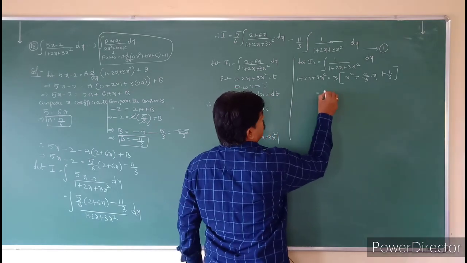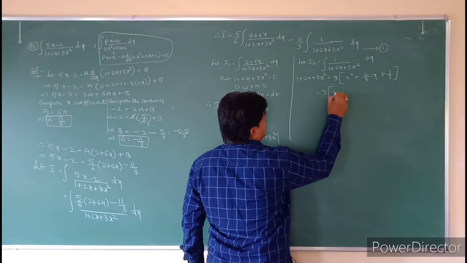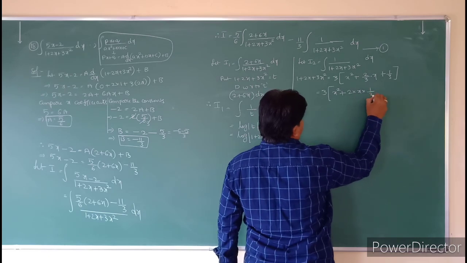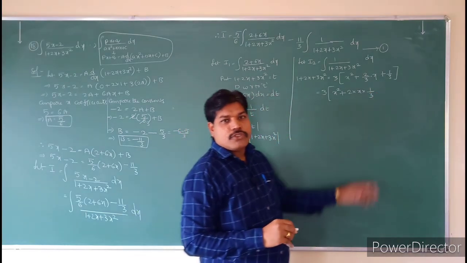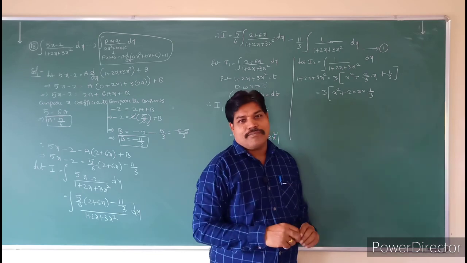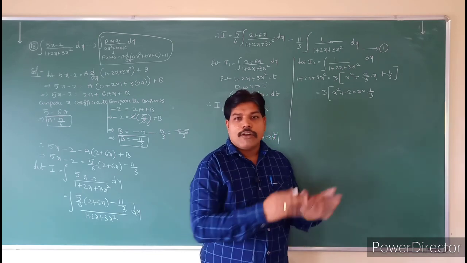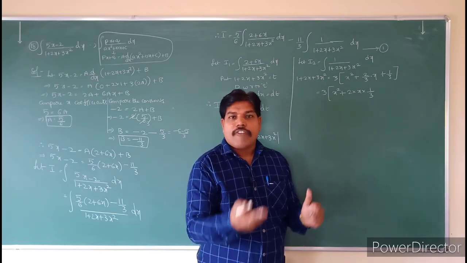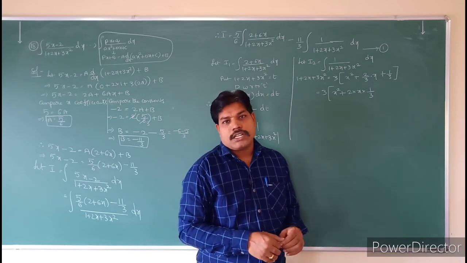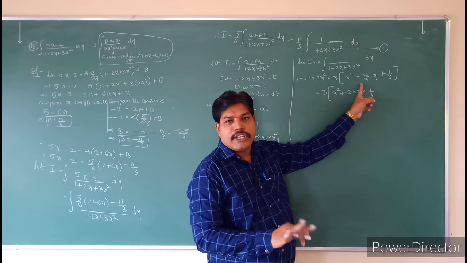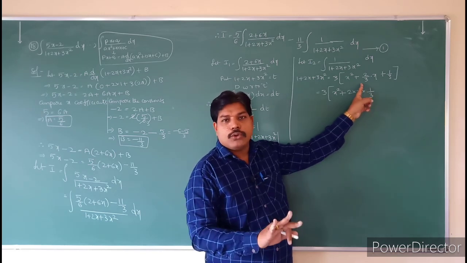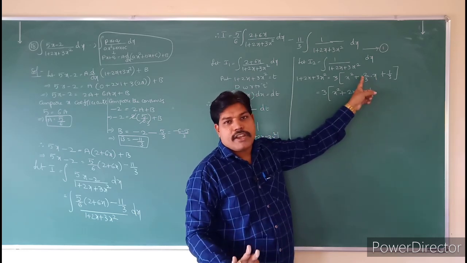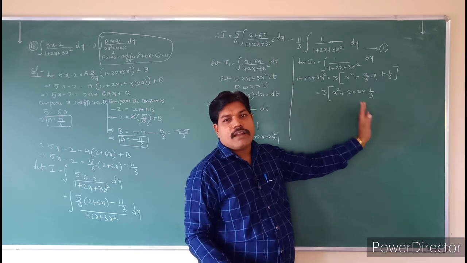So that is equal to 3 into x square plus 2 into x into 1 by 3. There is no need to multiply here, because already 2 is there. Why are you multiplying with 2? You have to get the form 2ab. That's why you are multiplying and dividing with 2. If already 2 is there, there is no need to multiply. In the coefficient of x, if you have the 2, there is no need to multiply. If the x coefficient is not 2, then you have to multiply and divide with 2. So just take the 2x into the remaining term, which is the b.